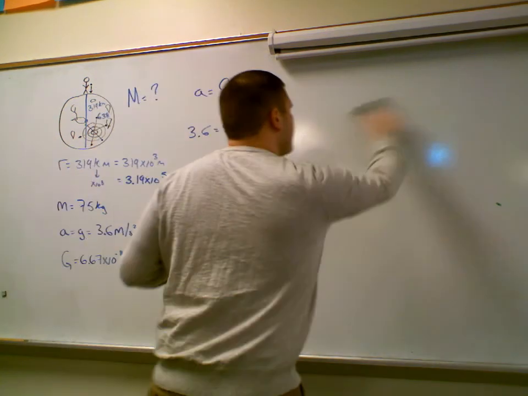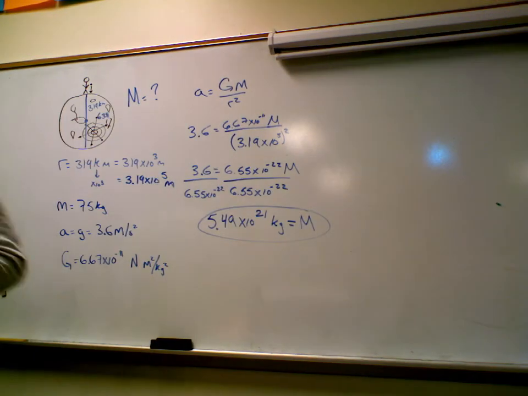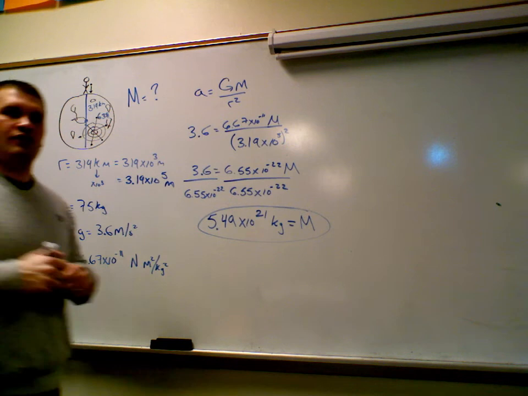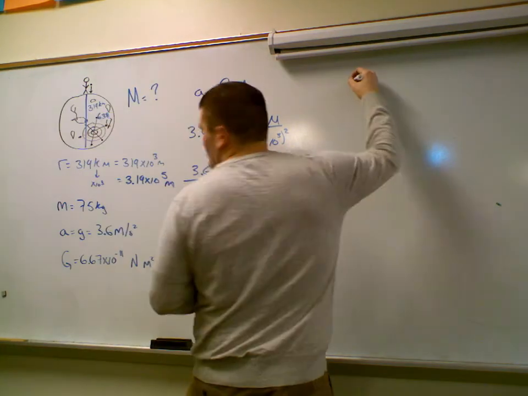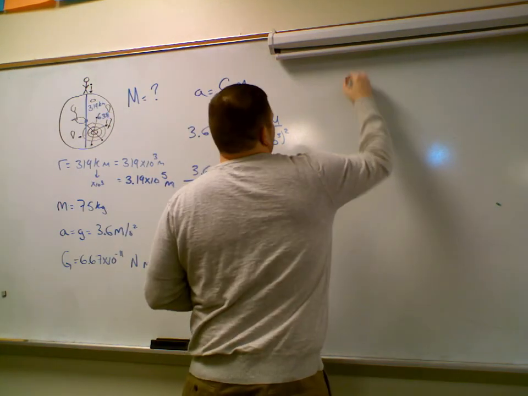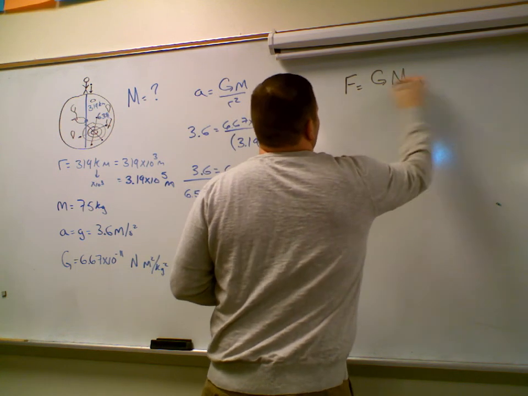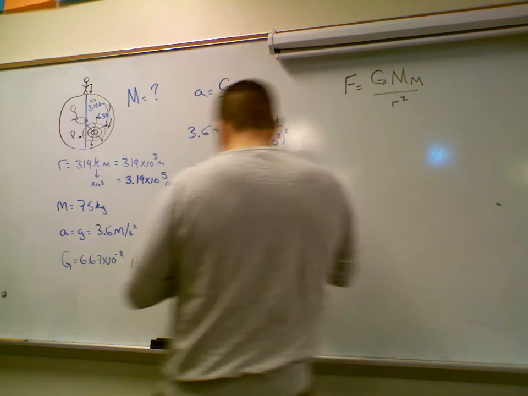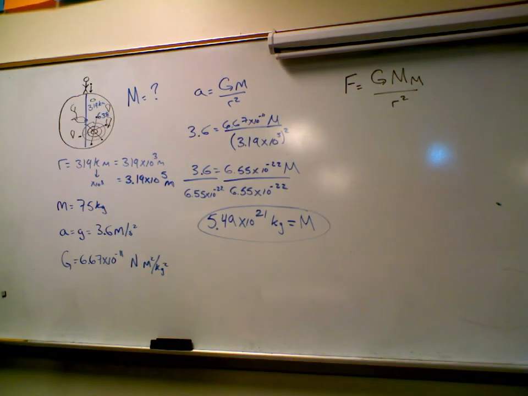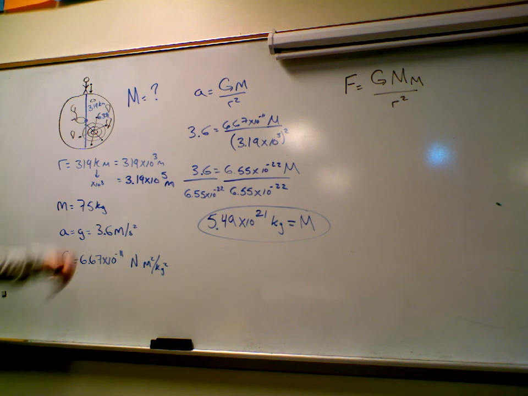I'm going to erase the Earth. Hopefully it doesn't hurt anybody. So we're going to find the force of gravity on the astronaut. Which equation do we use now? F equals G big M little m over R squared. The nice thing here is the radius is the same because the astronaut's on the surface. G is still the same, 6.67 times 10 to the negative 11th. Big M we just found, and little m is